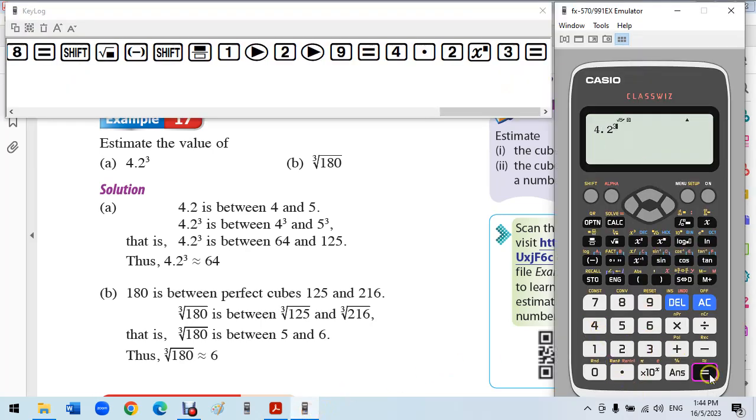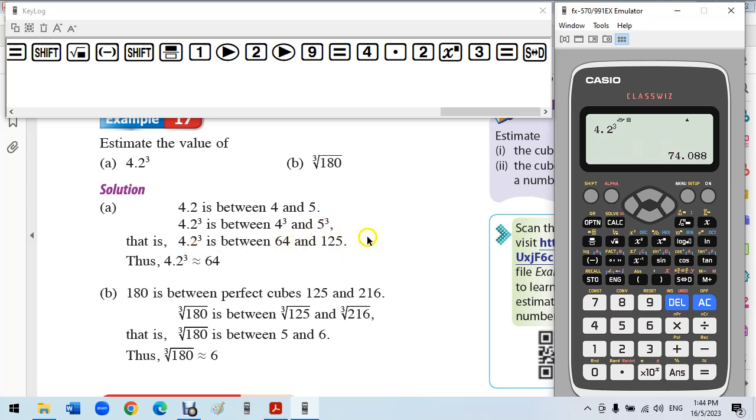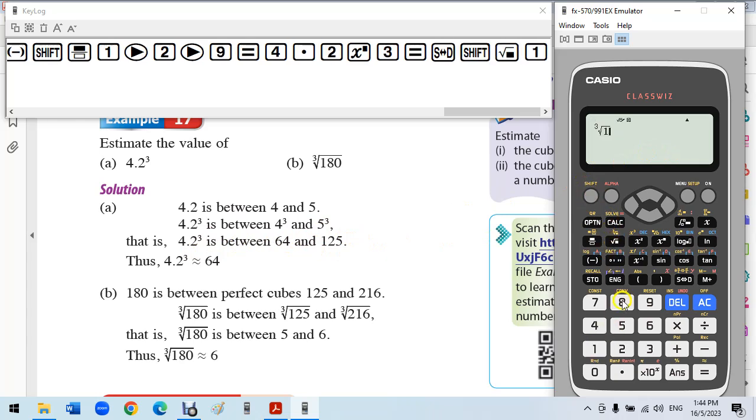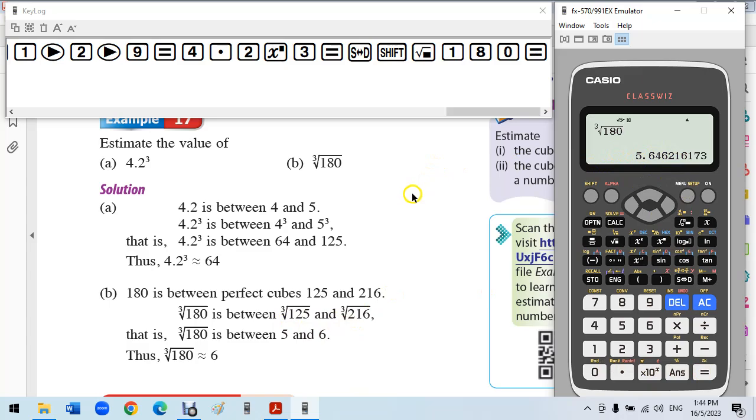power 3. So 74, near to 64 instead of 125. So we have the cube root of 180. Okay, close to 6. It's between 5 and 6 and close to 6. Okay,